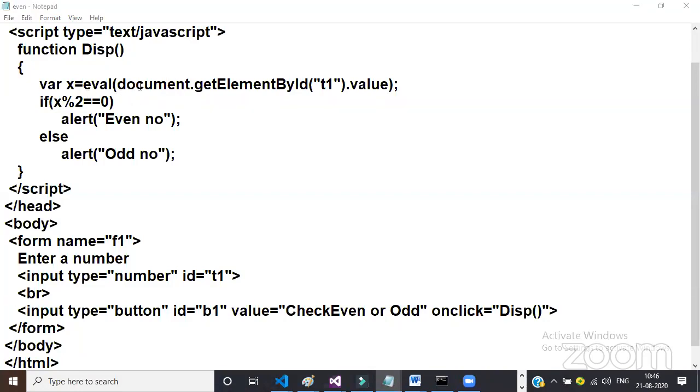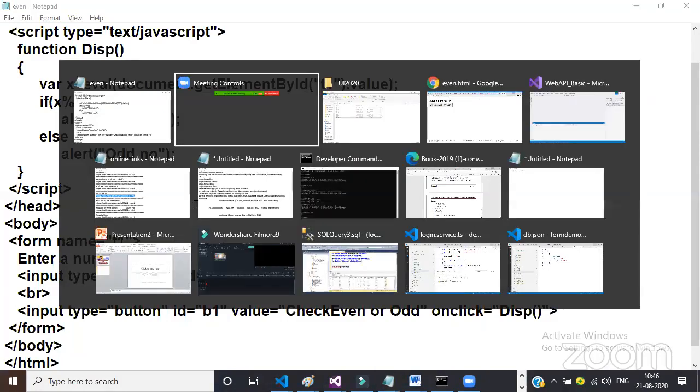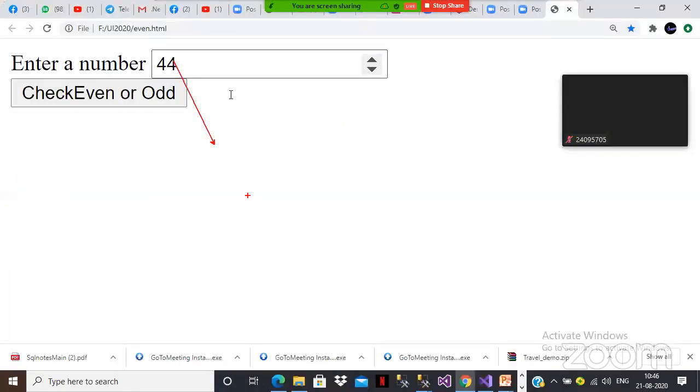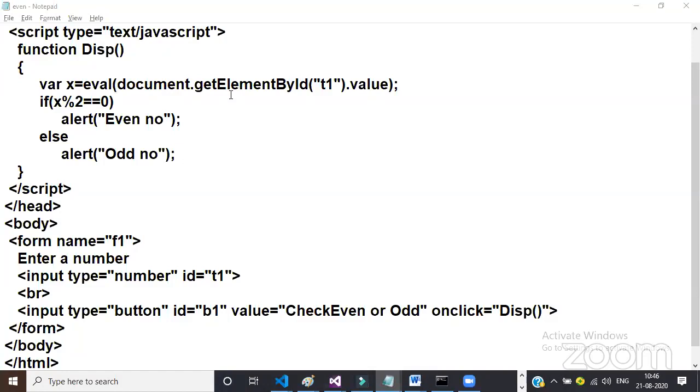Eval is used to convert. Actually, by default, whatever the value, it will be considered in the form of string. So if you want to convert the string to a number or any specific type, then you have to use eval, because we cannot perform any operations on string type of data. On string type of data, we can perform only the concatenation operation. If you want to perform any arithmetic operations, then we have to use what? Eval. Typecasting is required. Are you following,